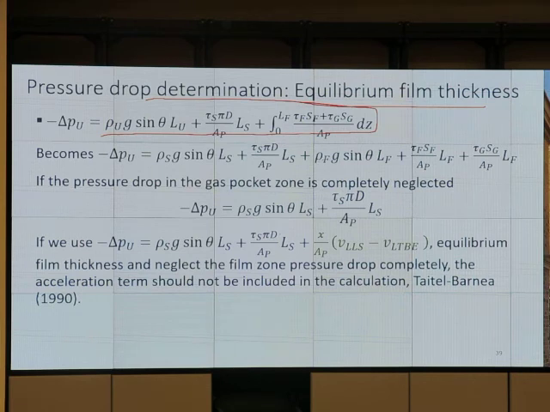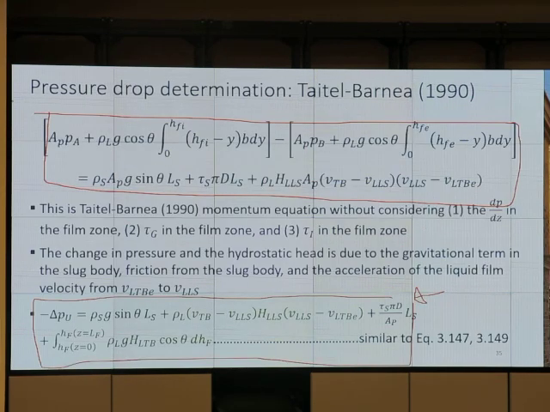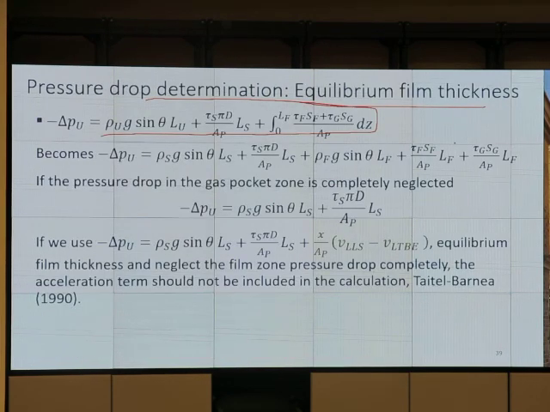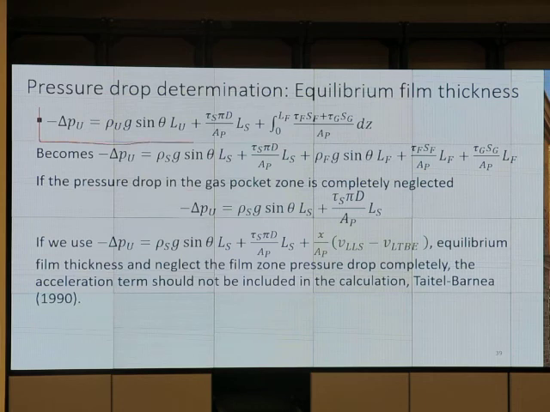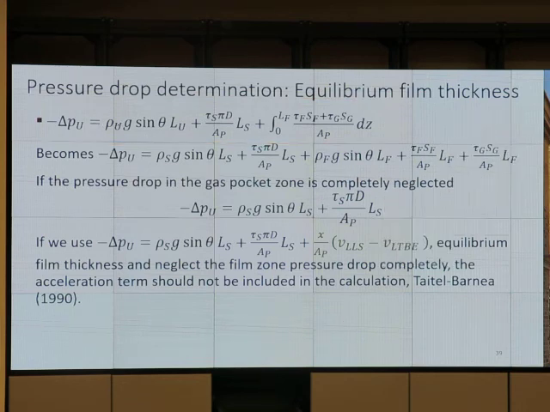What equation do we use? Do we use Dukler-Hubbard or Taitel-Barnea? At the end, this is the proof that it's the same as the one in the literature or the one in the book. But at the end, what do we do? We can do several things. The full form is that. If we do a little approximation, you can see that the first term,